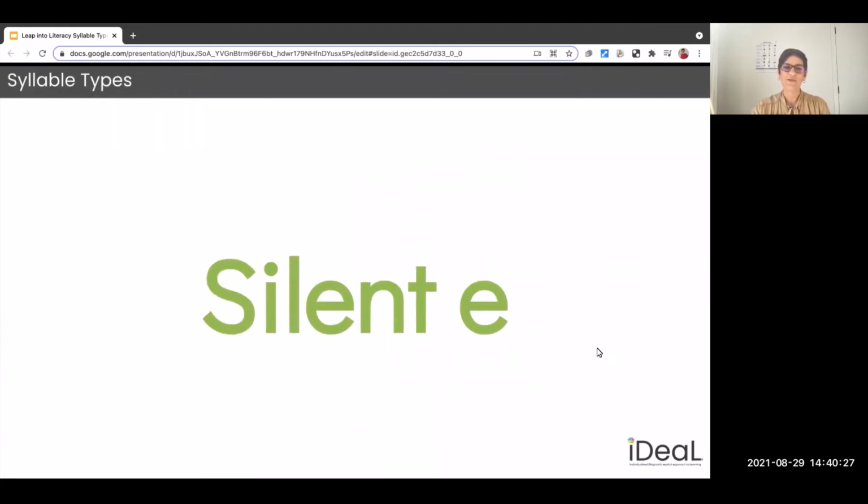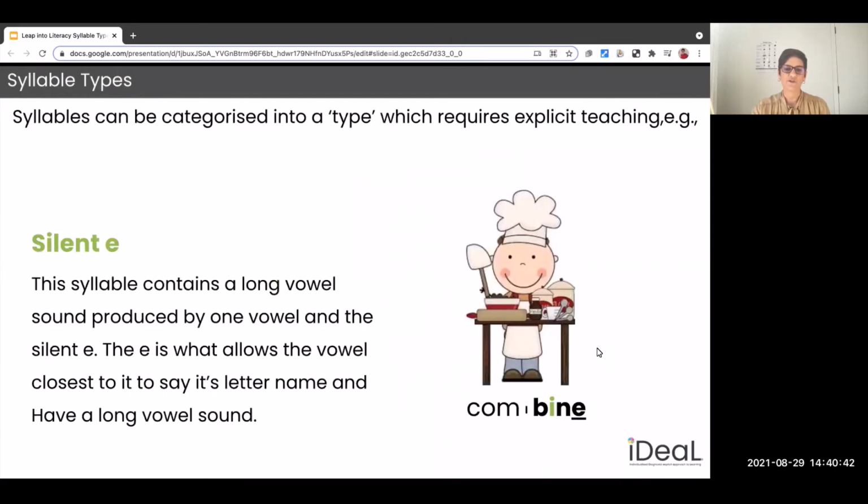Let's now look at our third syllable type, the silent E syllable. There's nothing magic about this. All too often we hear this being called a magic E. Silent E has many jobs, and one of those jobs is to help a vowel sound continue to make a long sound. So you can see in this example, in the word combine, the bine syllable is a silent E syllable type,